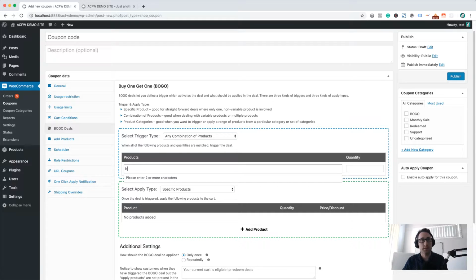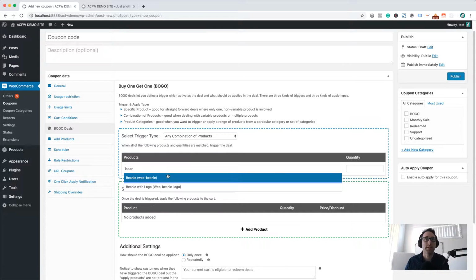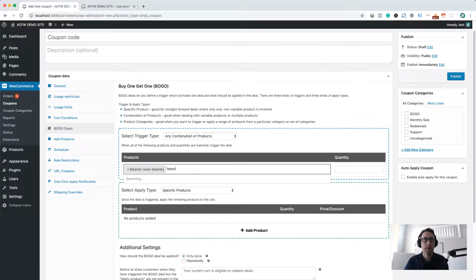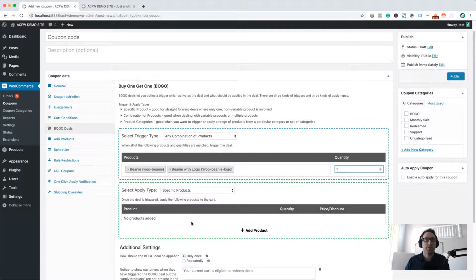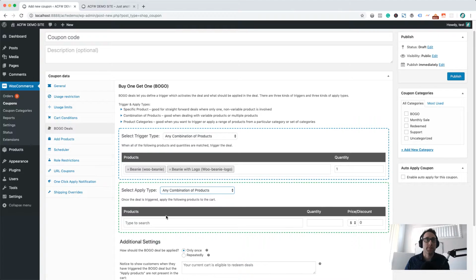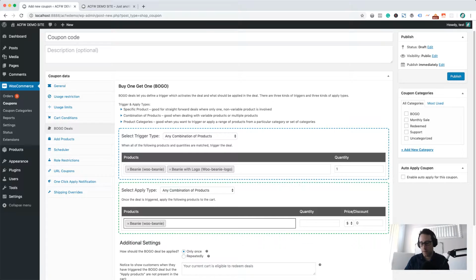So what I'm going to do in this one is look at beanies. Now I know there's a couple of beanies in my demo catalog here, and I want the customer to be able to choose either one, up to them, of their choice, buy one of those and get either one of those beanies. Let me put those products in, and they should be able to get one of those beanies for free. So I'm going to choose an override price. So this is your classic